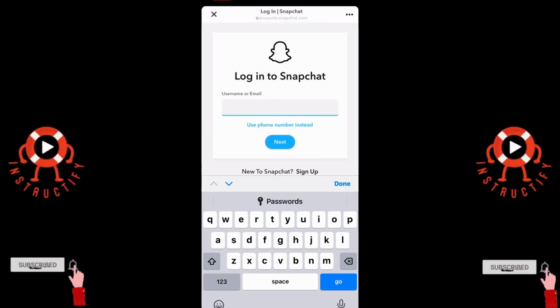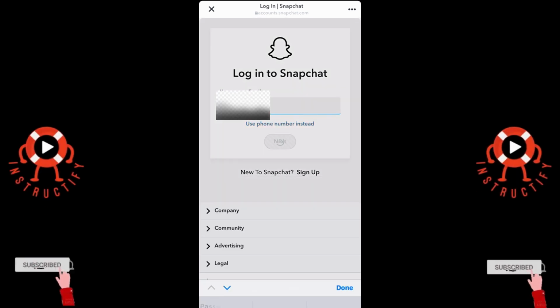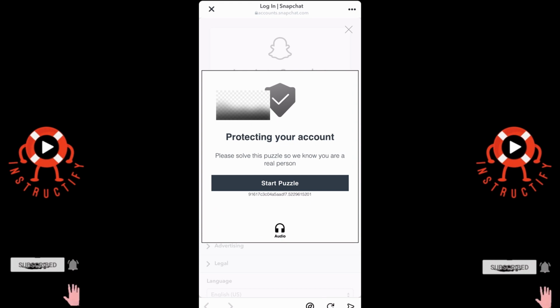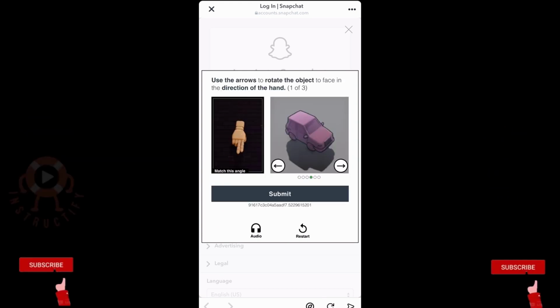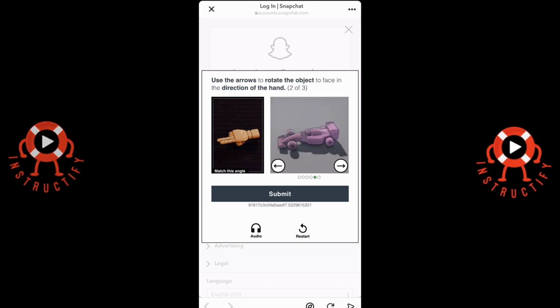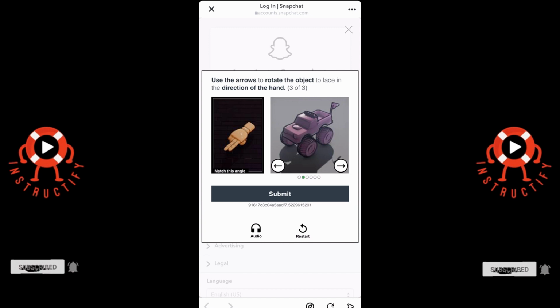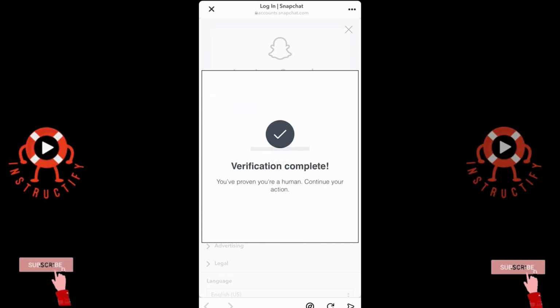You're going to have to log in, where you have to put in your username. Once you put in your username, click on next. Boom, you're going to have a little puzzle. Just follow that puzzle. Boom. Alright, so once you do that,